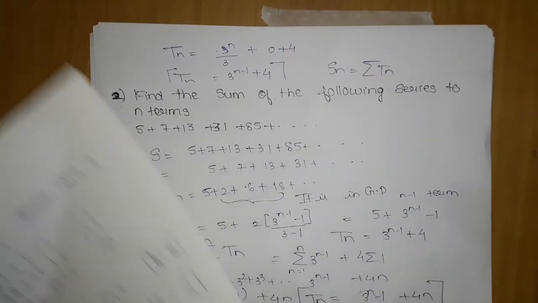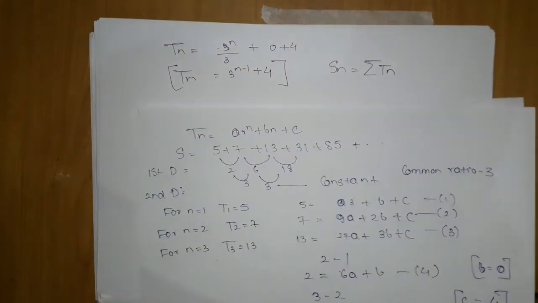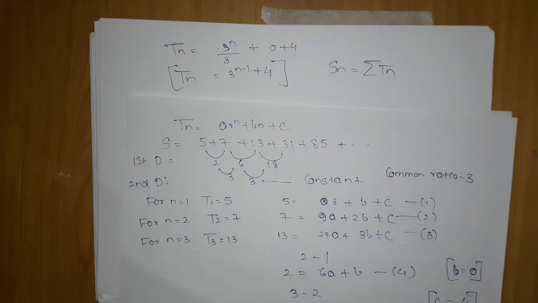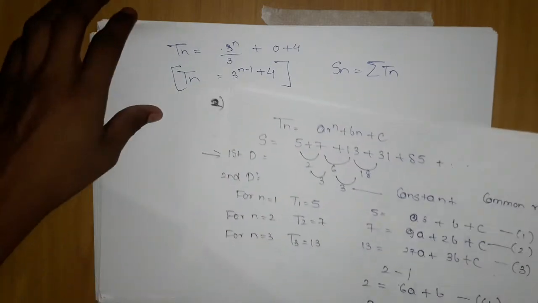I think in the previous one I made some mistake. Okay, so this was all related to solving series whose tn you cannot generally predict, like we used to do in some problems which I took in previous lectures. But for now we are done with this type of problems.